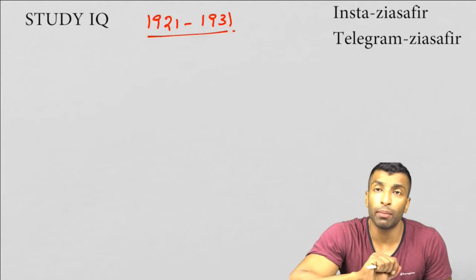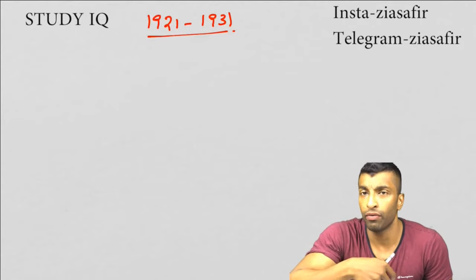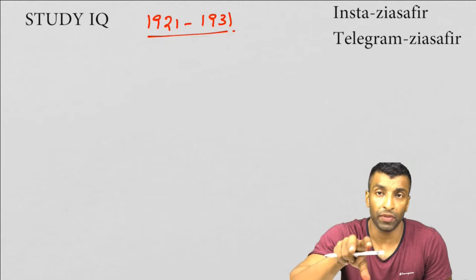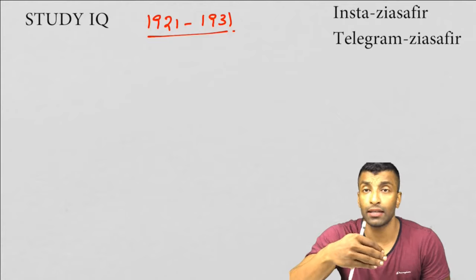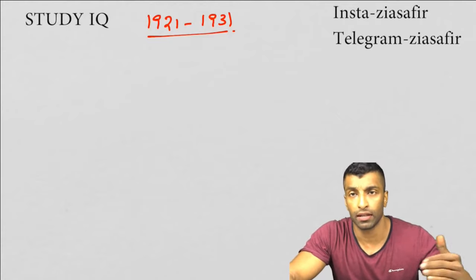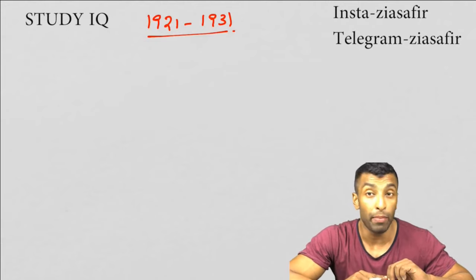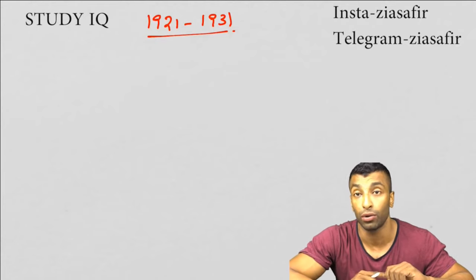Secondly, we will be talking about the third phase of militant nationalism, which is considered more important. Here we'll be talking about Bhagat Singh, Rajguru, all those cases. That means the Hindustan Republican Association will be discussed, basically militant nationalism. Here we will divide it into two: militant nationalism in North India, which is connected to Bhagat Singh, and then militant nationalism in Bengal, which is connected to Surya Sen,